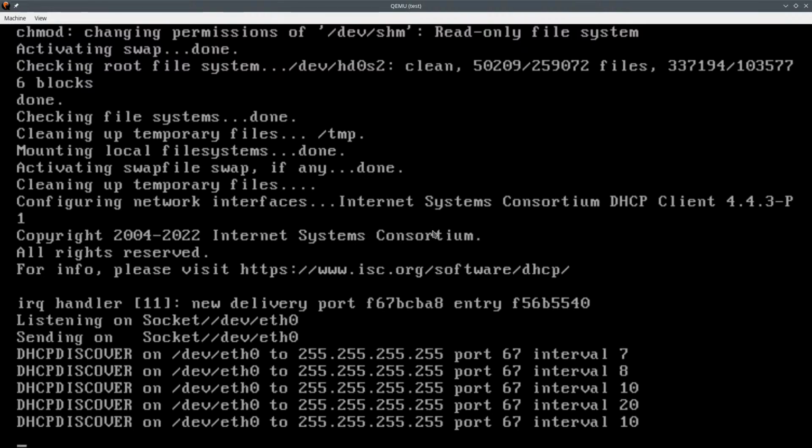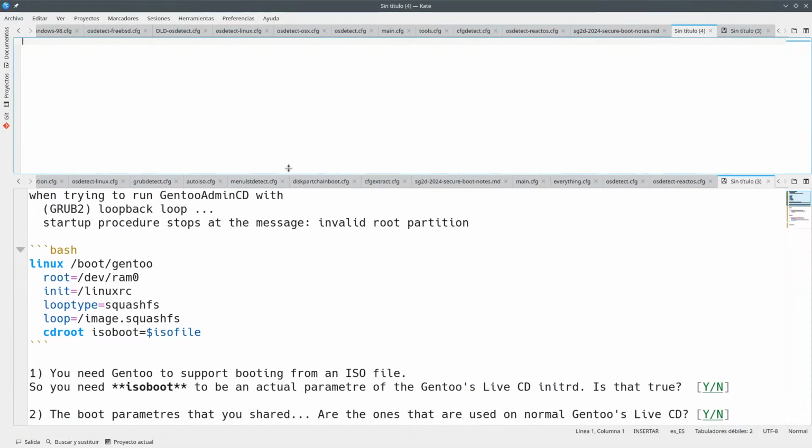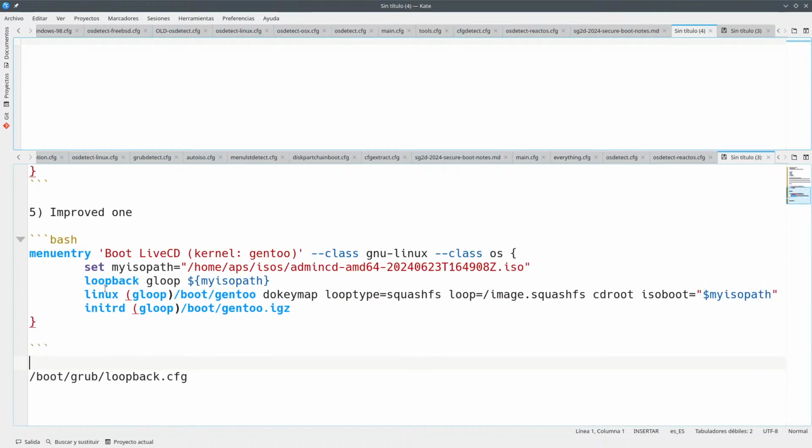So the beauty of Grub2 is that you can use this loopback command, which takes the ISO and mounts it into a special loop device, which enables you to read inside the ISO as if it was a normal Grub device.